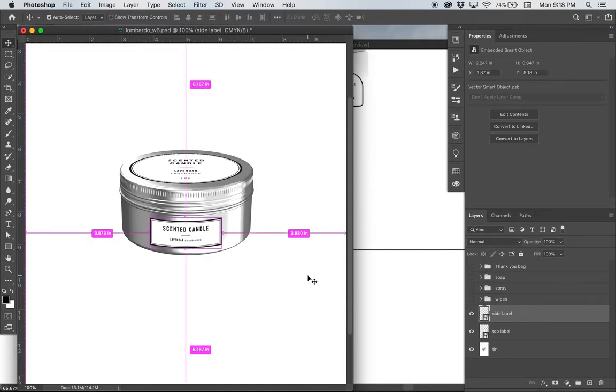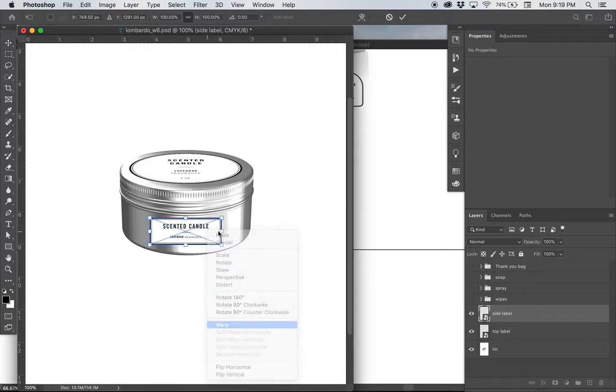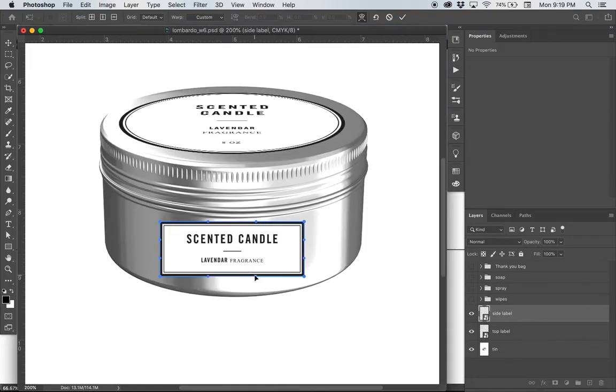But what I want to show you is how you can free warp this so that both of those curves match, and it's a little trickier, and it's a little less predictable. So you kind of have to figure out which is a better scenario for you, which is a better technique. But again, I'll try the free warp. I'll hit Command T and Control right click and warp, and then again you can see these handles pop up,